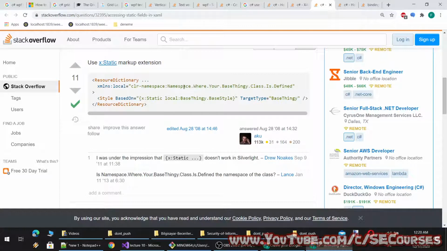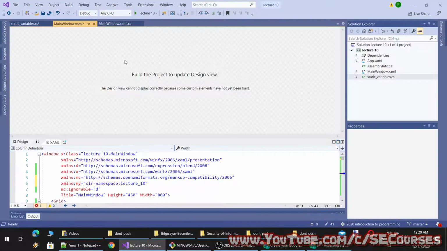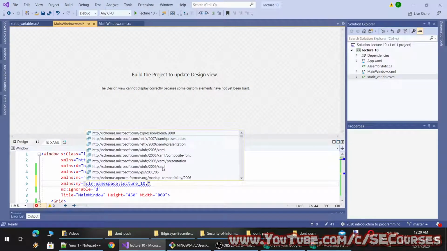Okay, namespace. Maybe I need to make this namespace even more explicit.